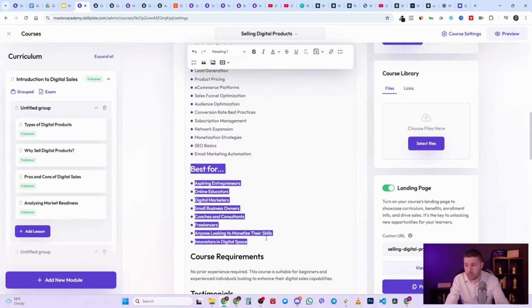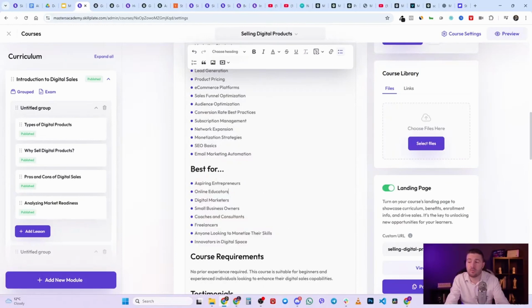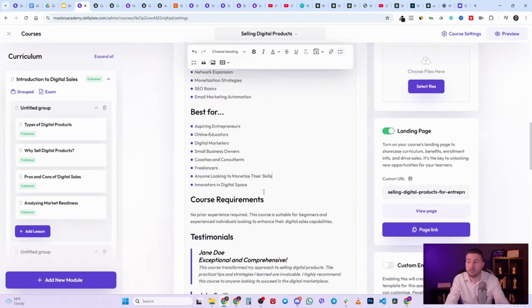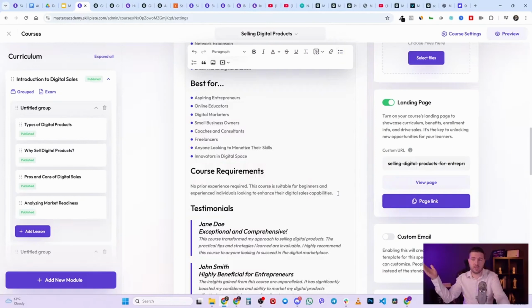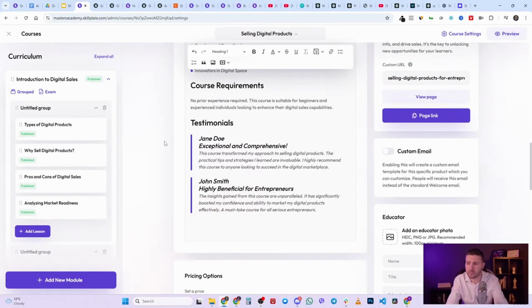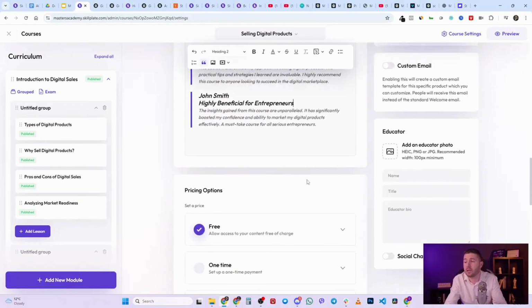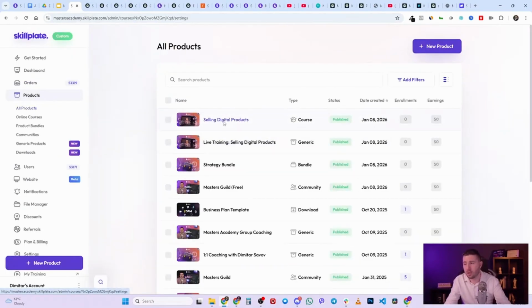So just trust me, always have a clear representation of who your course is about and for. And if you have any requirements, like for example, if it's for doctors, you need to say, all right, is this for medical students or for experienced doctors and so on? And always add trust factors and testimonials. We'll be talking a lot more about this when we start creating offers and landing pages, so don't worry about it. Anyways, going back to our product,